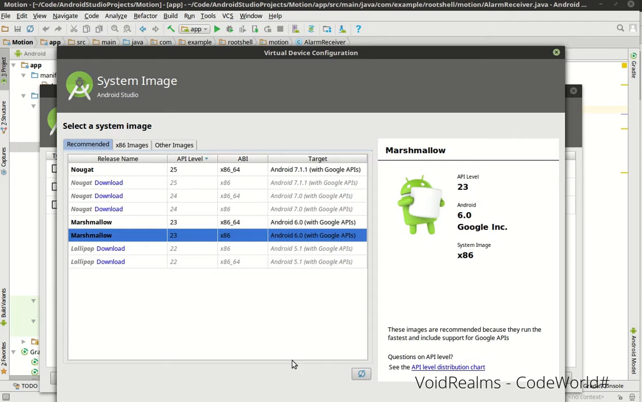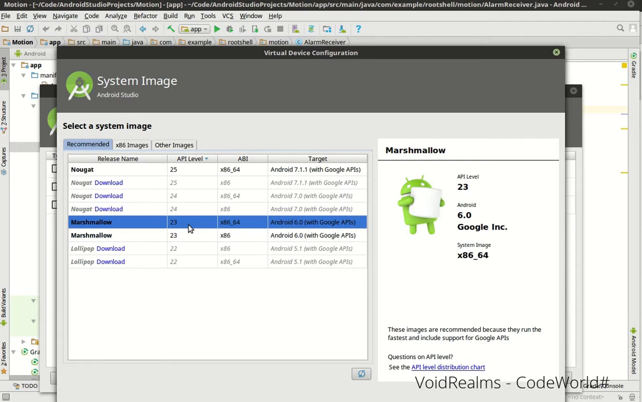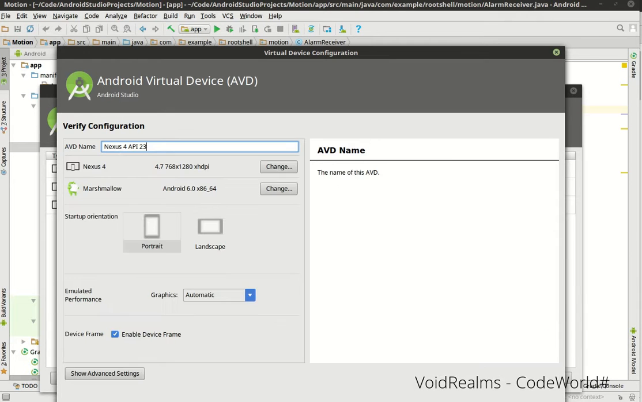You can say next. This is where the SDKs come into play here. You have to pick what SDK you want that phone to have. You can see I've already got some of them downloaded. Now, if you skip the previous step, you can see there's a download link. So you can actually download Nougat. I'm just going to say Marshmallow because I already have it installed. And I'm just going to click next. And we'll just give this a name. And we'll call this,